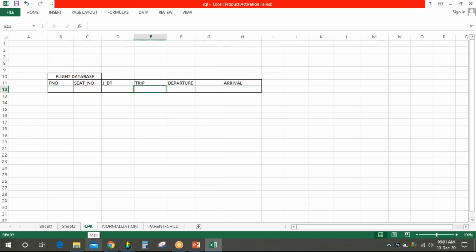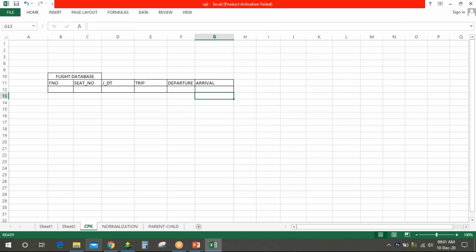Flight number. I'll tell you the background story of this. This is a person who is issuing the tickets. One lady is sitting at the counter. The moment you pay the money, she will put your flight number.